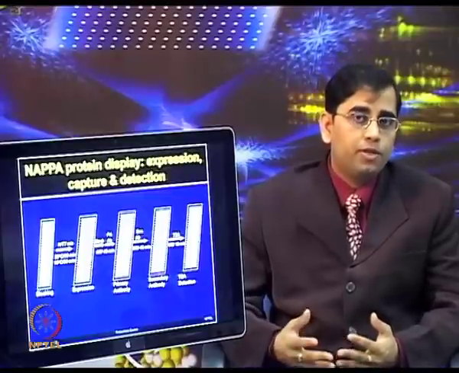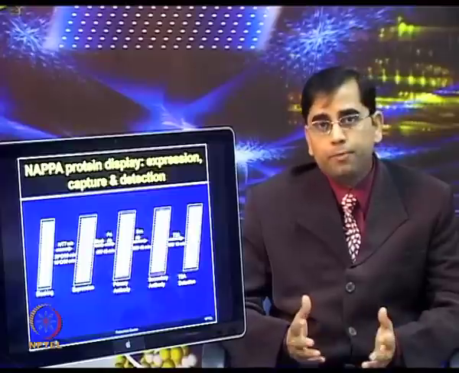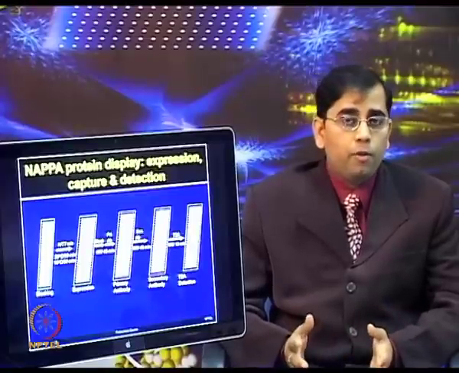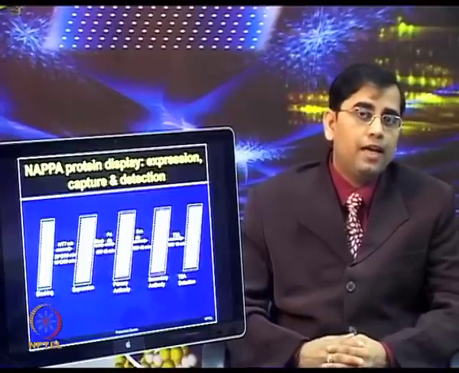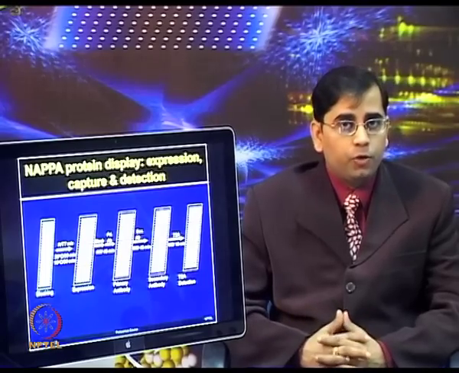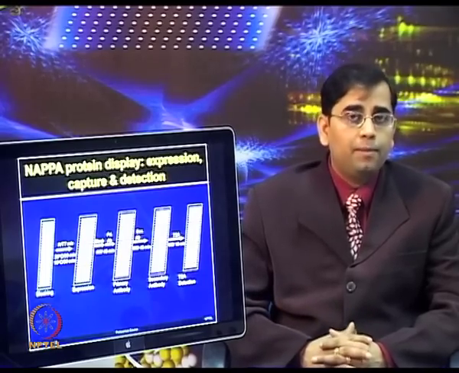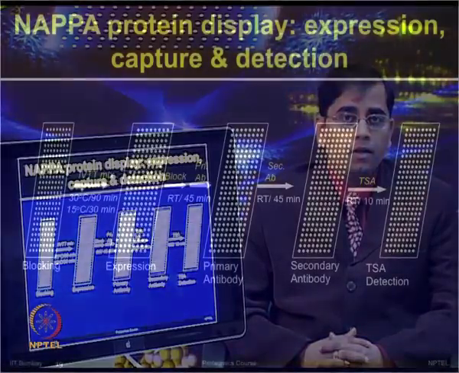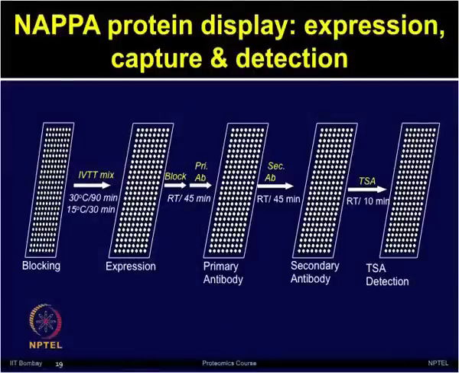One is the protein expression, and then when the proteins are expressed in that cell-free environment, after that the protein has to be captured with the capture antibody. So, this lowering of temperature helps in that step. Once the proteins are expressed, you need to wash away all the lysate, such as the rabbit reticulocyte lysate, which was added in the mixture.